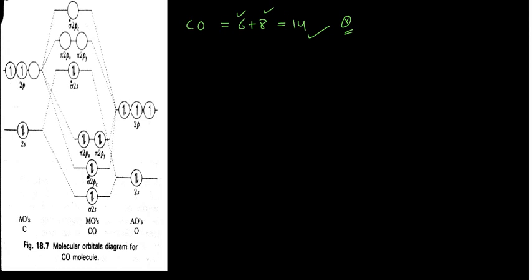Now if you want to calculate the molecular term symbol for this one, how will you go about it? Where are your electrons? I can write your electrons here. This is sigma anti-bonding 2s, and sigma anti-bonding is always ungerade. Please remember, this is also an ungerade one, but there is no question of gerade or ungerade. Why? Because this is a heteronuclear diatomic molecule, so you do not need to worry about the parity. You will not write this u here. So straightforwardly you can put the 2 electrons over there.